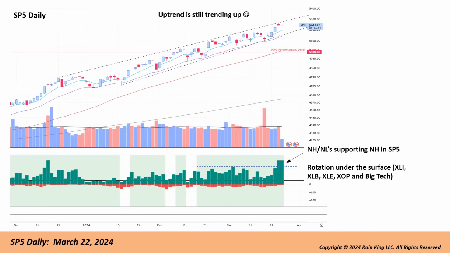But there's no doubt that the new highs on the S&P have been supporting and confirming some good action in the S&P. The rotation that's occurring under the surface is leading the industrials and the material stocks and even energy to support the S&P. And don't forget, the S&P also has some of the big Mag 7 stocks in it that are also doing well, like NVIDIA, which are keeping this index fairly strong.